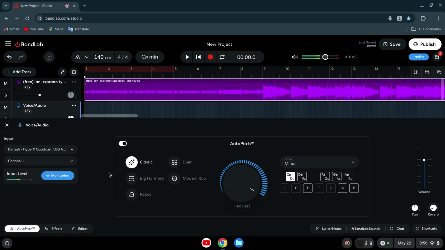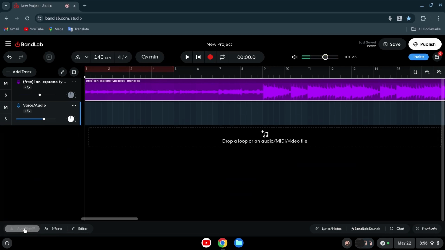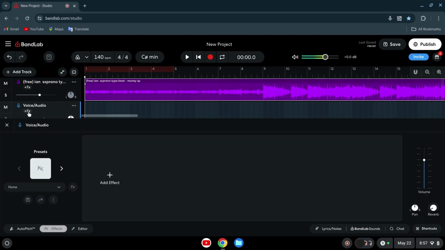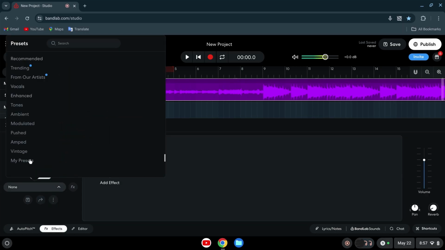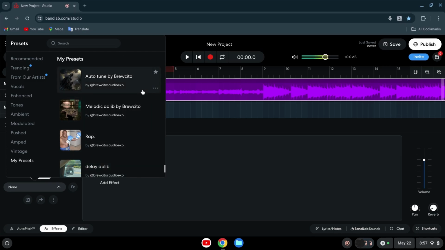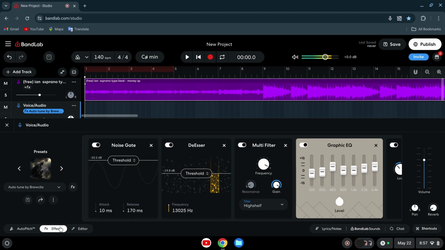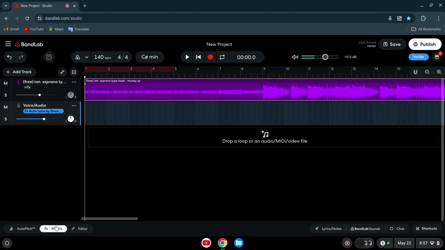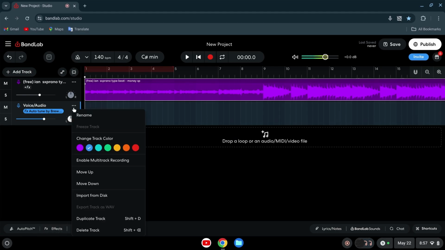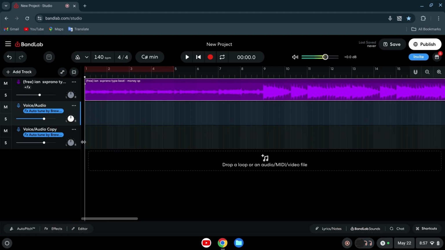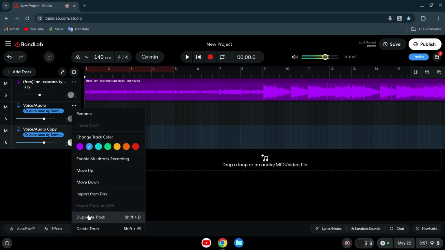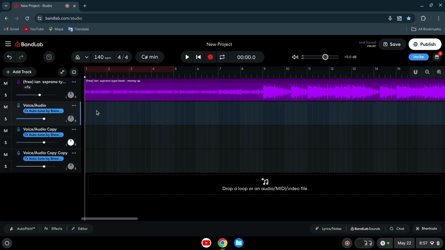Alright, so it sounds good. That means this auto-tune is all good. Once your auto-tune is all good, go to effects down here. Go to your preset. I'll have it down in the description if you want mine. Put that preset on. It'll sound a little bit different. Once you have the preset on and it sounds all good, duplicate it. I duplicate it 3 times. Once you have all these up,